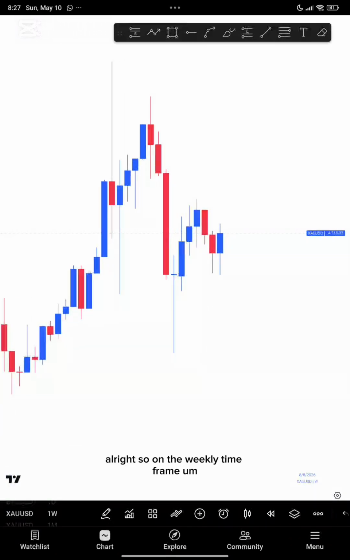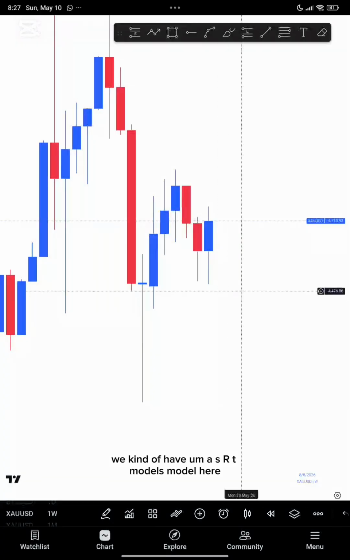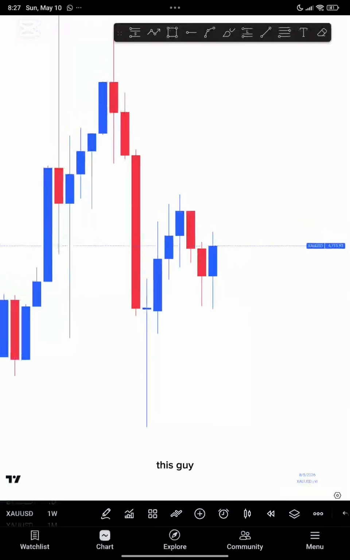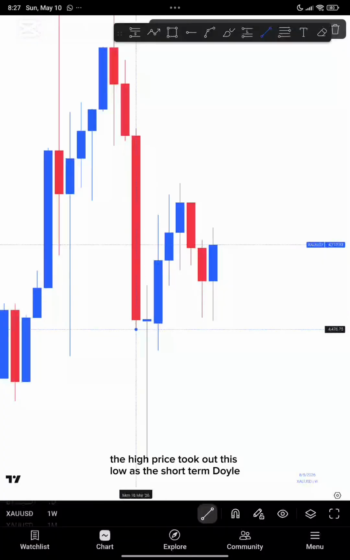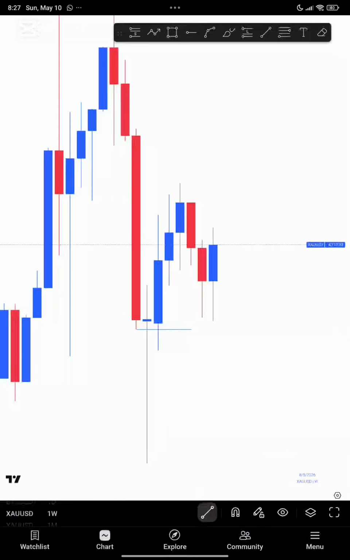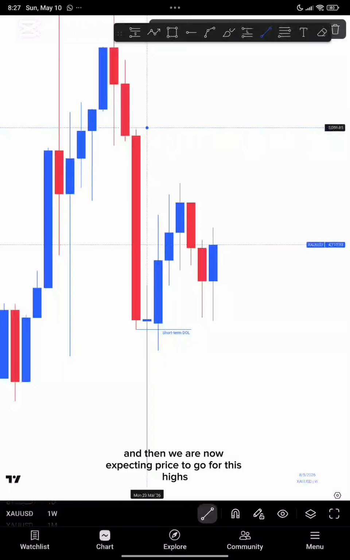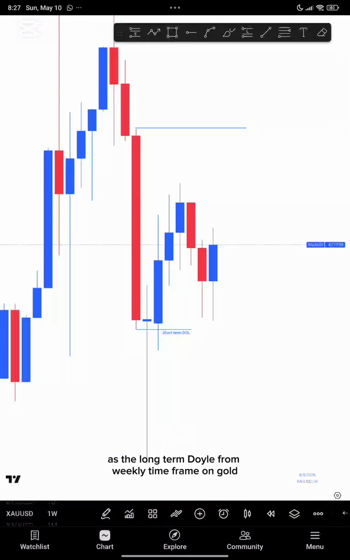Alright, so on the weekly time frame, we kind of have a CRT model here. This guy, we had price took out this low as the short-term DOL, and then we are now expecting price to go for these highs as the long-term DOL from the weekly time frame